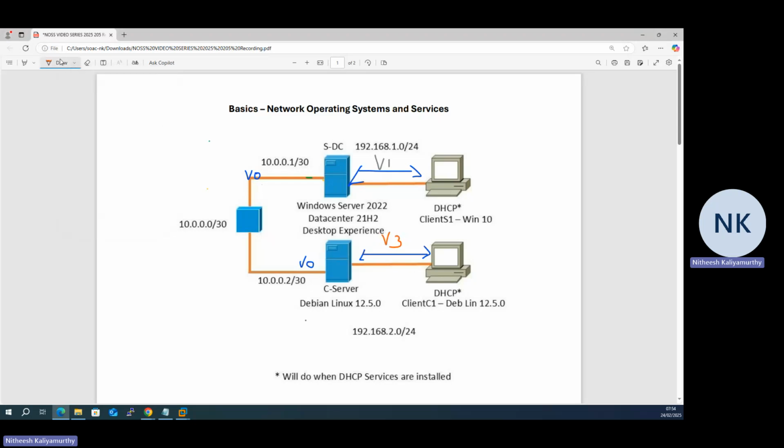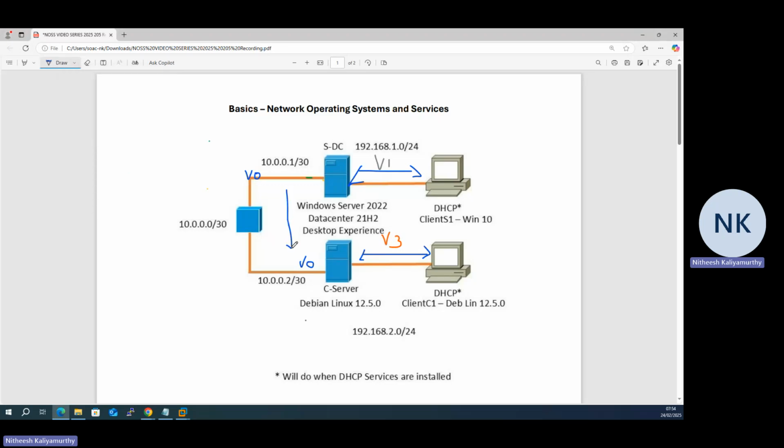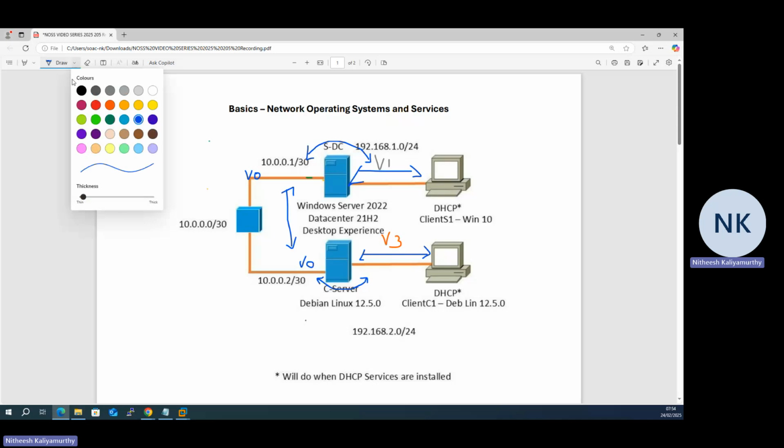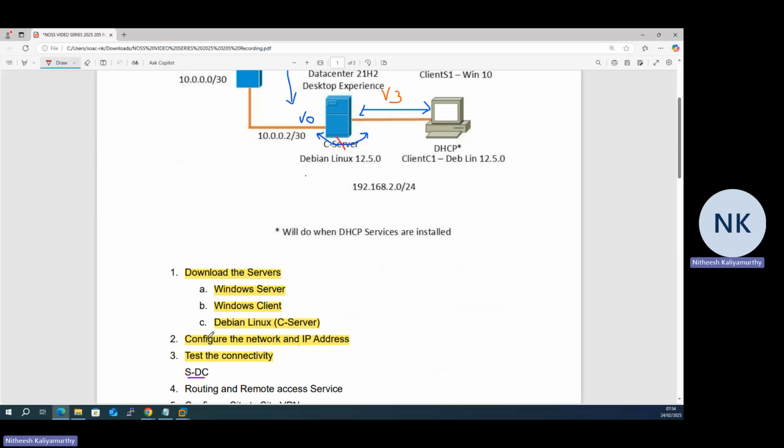So all these PCs must ping each other. These two servers should also ping. However, if from this PC you want to ping the other network, the outside network, you could not successfully ping them, right? The same way, from here to here you can't ping, and vice versa, here you can't ping as well. So these things won't work for you, and when we have completed this part, which would be our coursework 1,